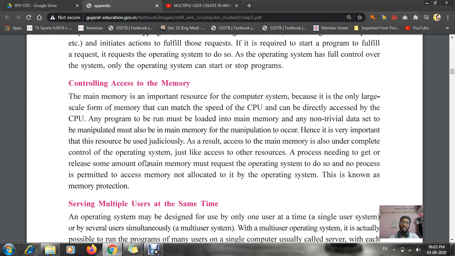Now who is giving the permission? The operating system gives the permission to access the main memory, which is done in the CPU. So this controlling access is given by the OS, the operating system.